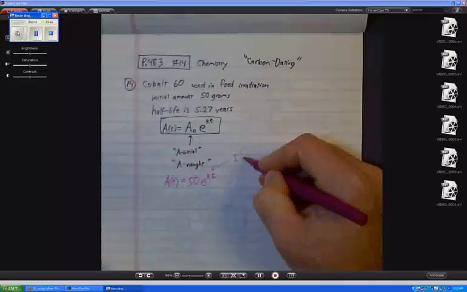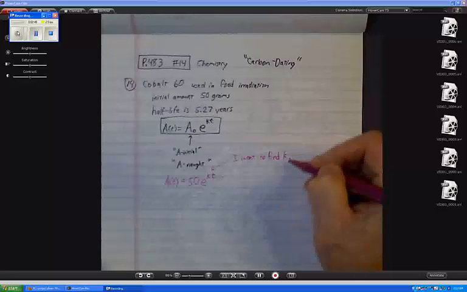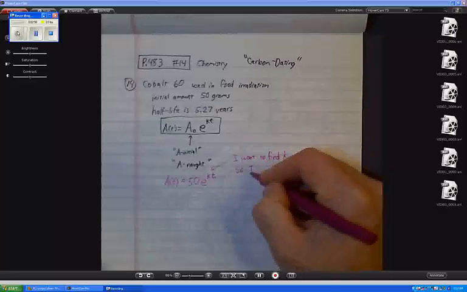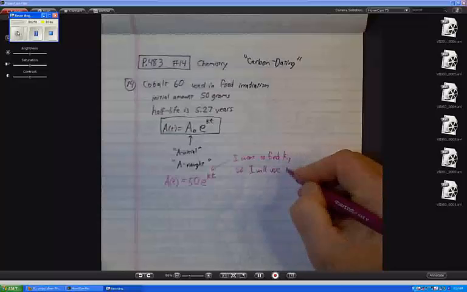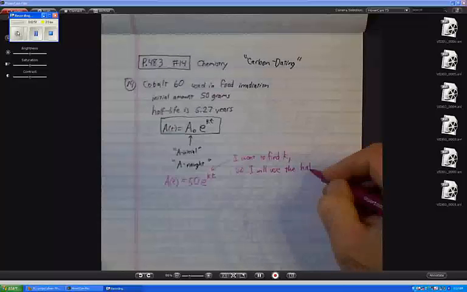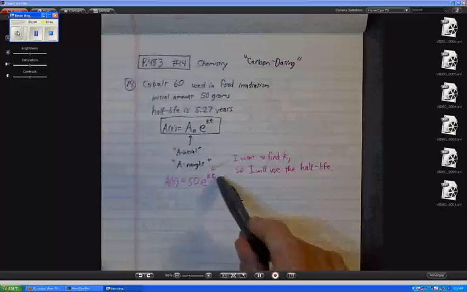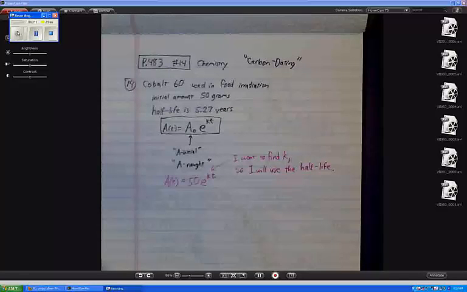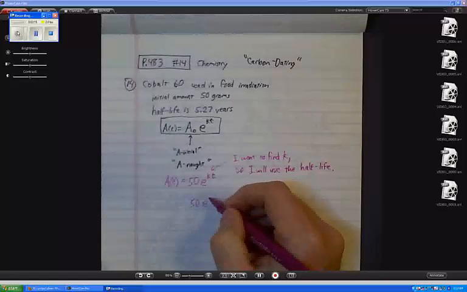I want to find K, so I will use the half-life. How do I do this? Well, what does that mean, half-life? It means the time I'm going to put in for T is going to be what? That's right. So it'll be K times